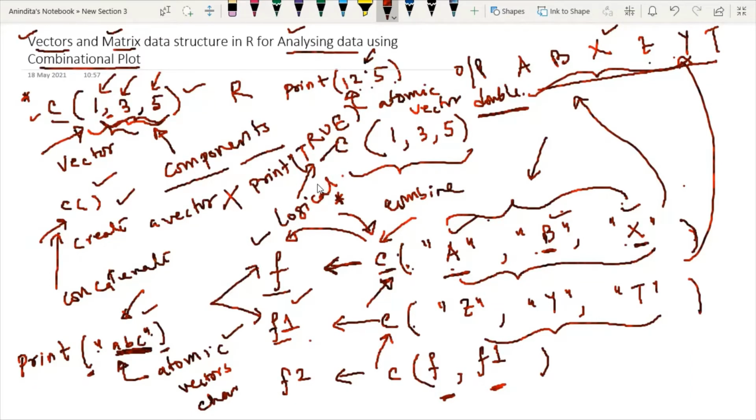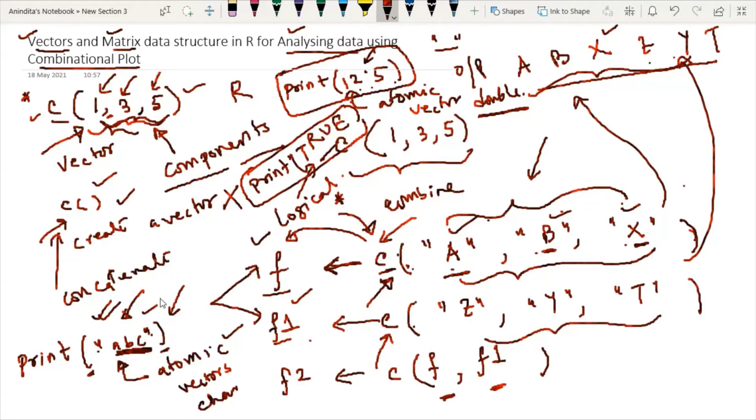Whenever I am defining a logical vector as well as a double vector, we don't have to use any double quotes. So these are the basic considerations of the vector.